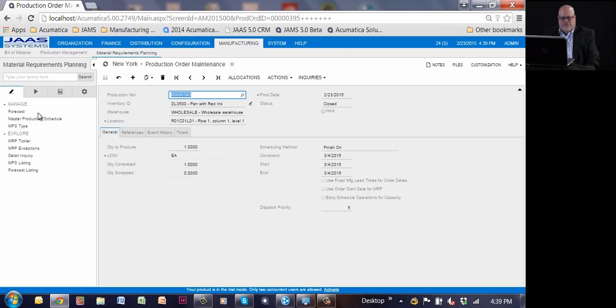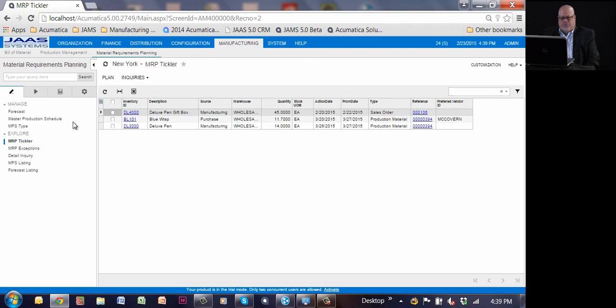So from an MRP standpoint, when we run MRP, we take into account a variety of things. We look at all purchase orders that are coming in, all sales orders from a demand standpoint, all master production schedules, all forecasts, all production orders that are out there, safety stock levels, reorder points, vendor lead times. And when we run MRP, we come back and these are the 3 items in this case that I need